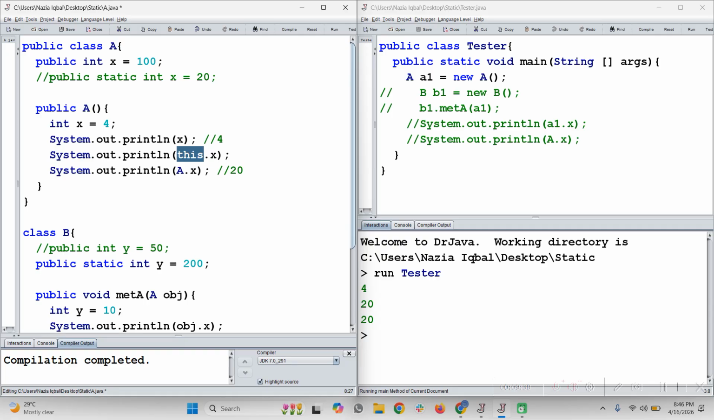We already know that if we call a variable with respect to this, that means it will access the instance variable. So as I have an instance variable x inside class A, it will definitely access the x variable, so the value will be